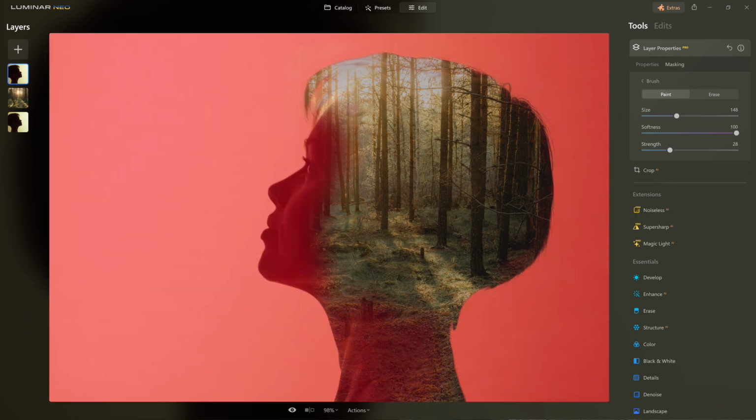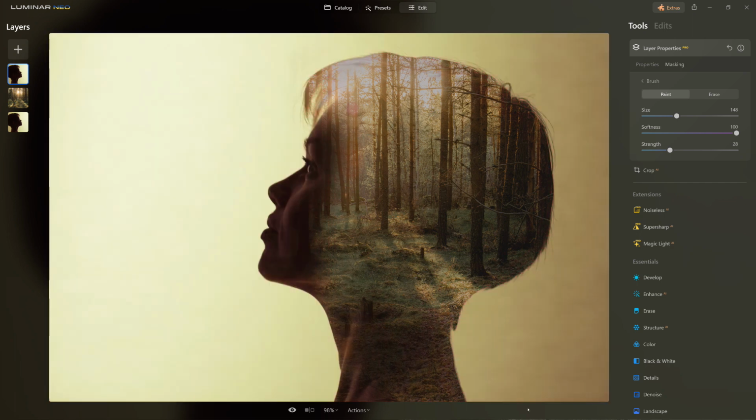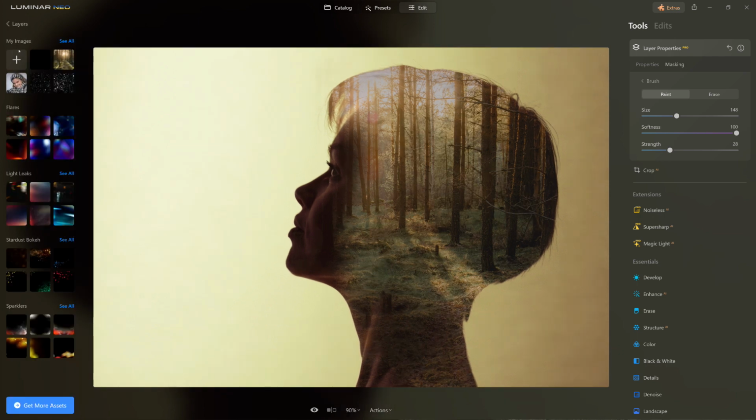Use a little bit less strength. There we go. All right, good. So I like that a lot, and it's looking good, but we can make it look even better. So now that I have that all set, what I want to do is I added one of Carly's